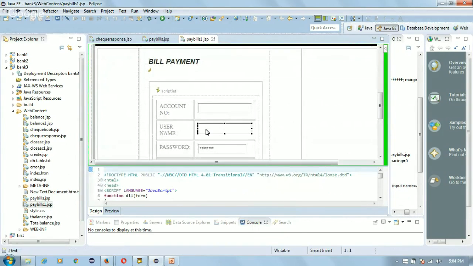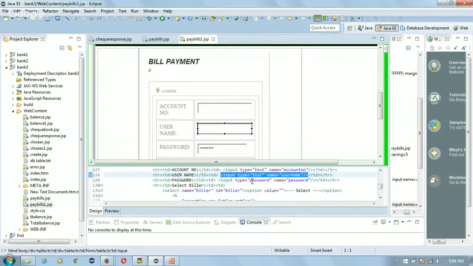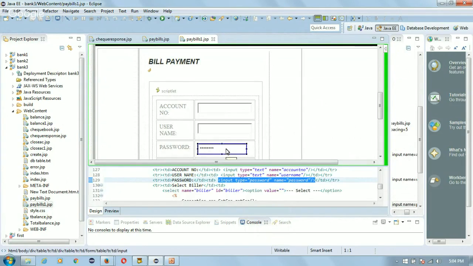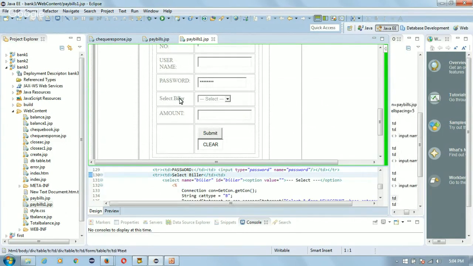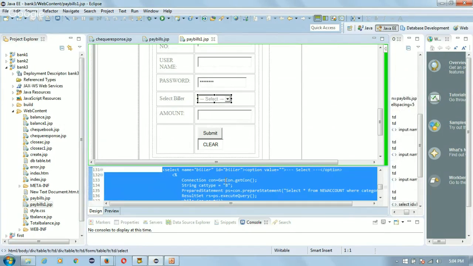Then username field, a text type, and I have named it as username. And then password field, which will be a password type, and characters entered will be hidden because we don't want to show the password entries to anybody. And then we have this drop down box to select a biller. The name of this drop down list is biller,